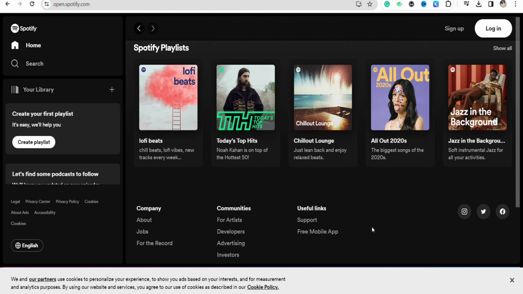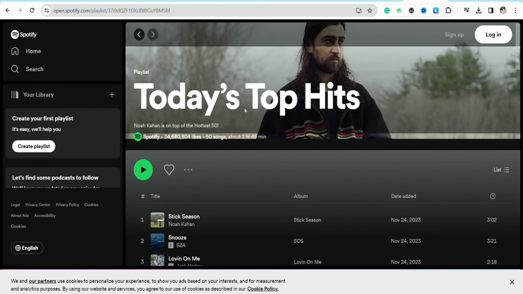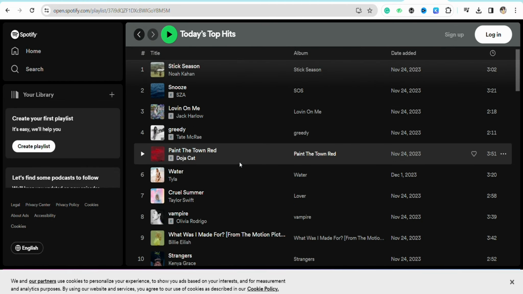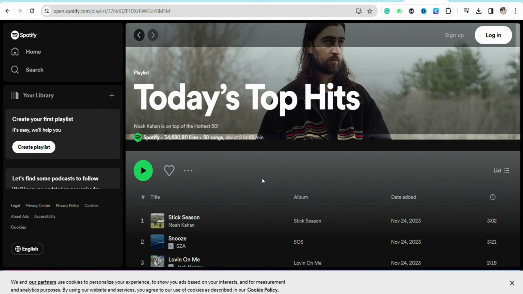So first of all, just open your Spotify account and select the playlist that you want to download. For example, this particular playlist right here. And after that, you will see these songs right here. If you want to download all of these songs in this particular playlist, so for that all you have to